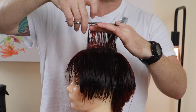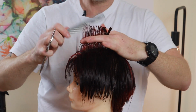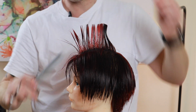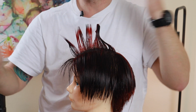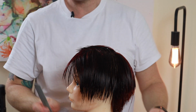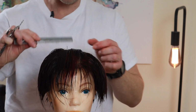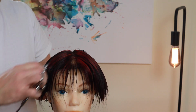And again my body position here does alter, but part of that is because I'm videoing this. And it actually sort of connects into a fringe that was already there. However, you would just carry on horizontally across. So now we have our central guide. Again, we're just going to split that, and we're going to use our back guide and our central guide now to work